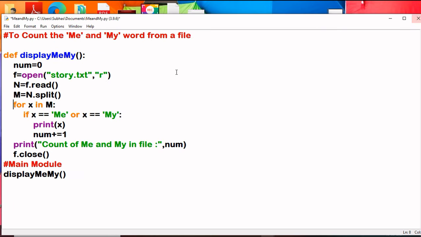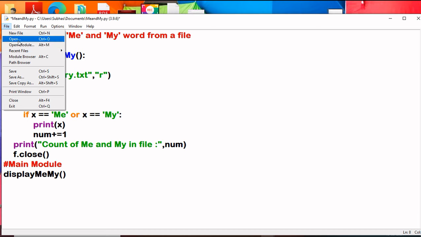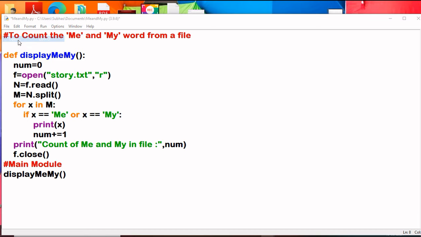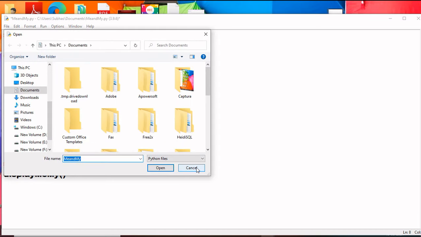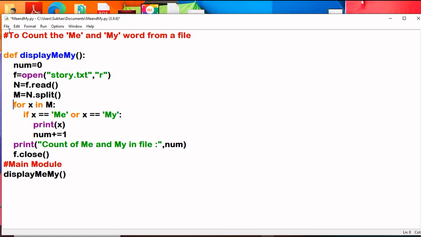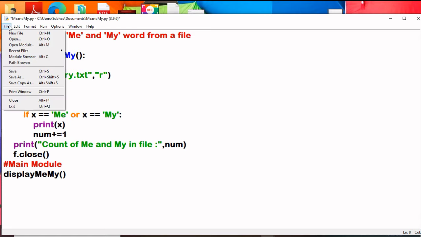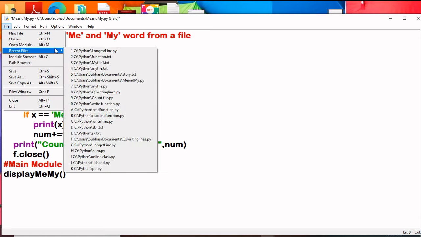Now see the file story.txt, recheck it. Share the story.txt file.